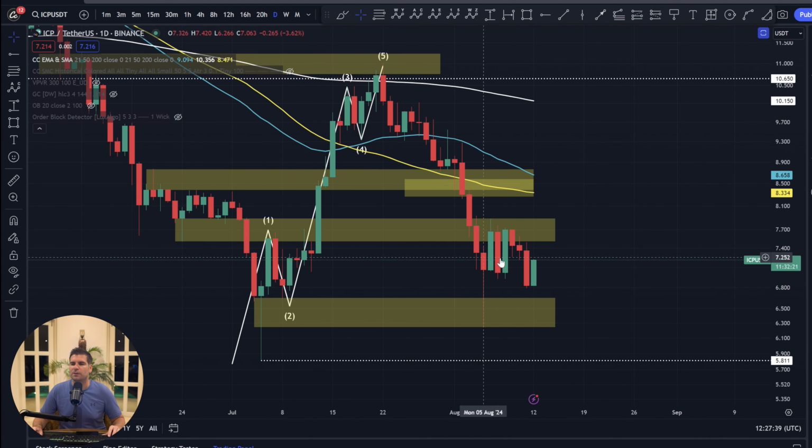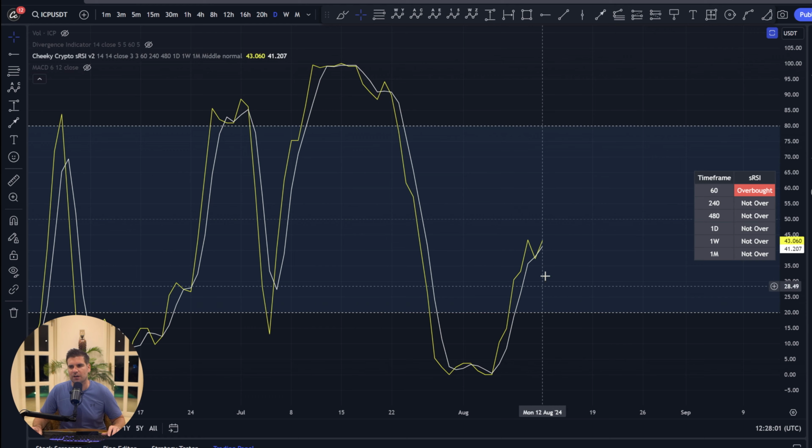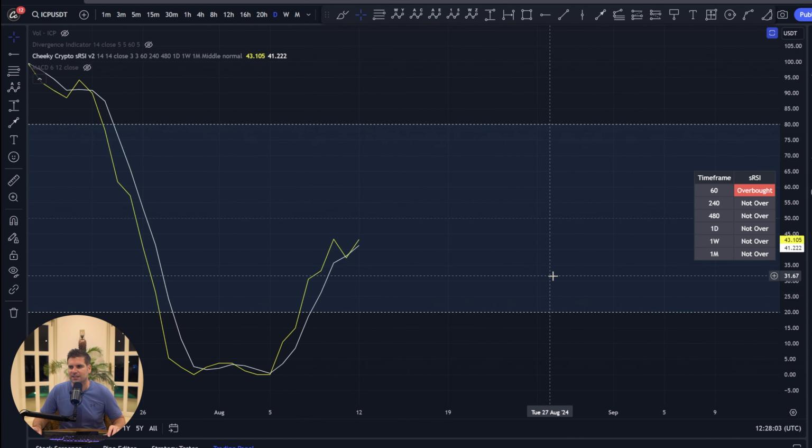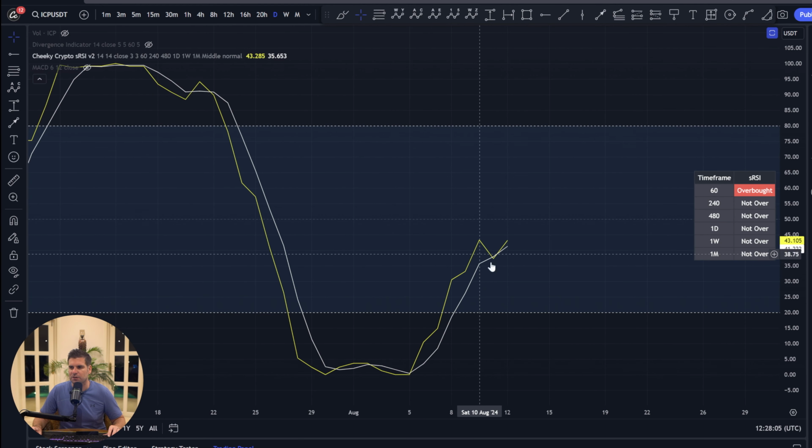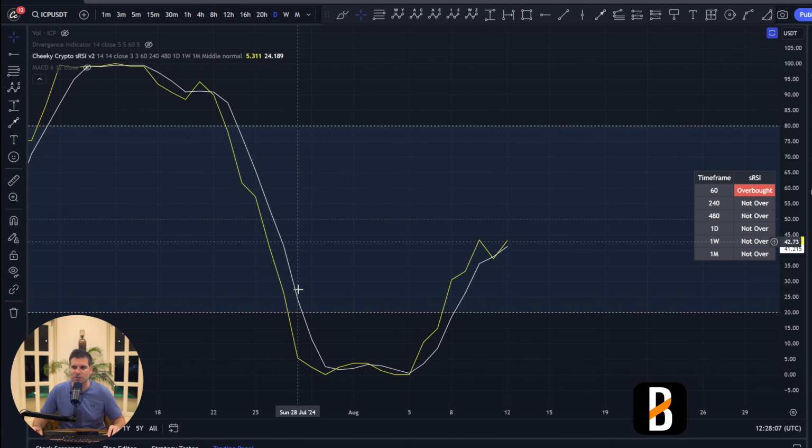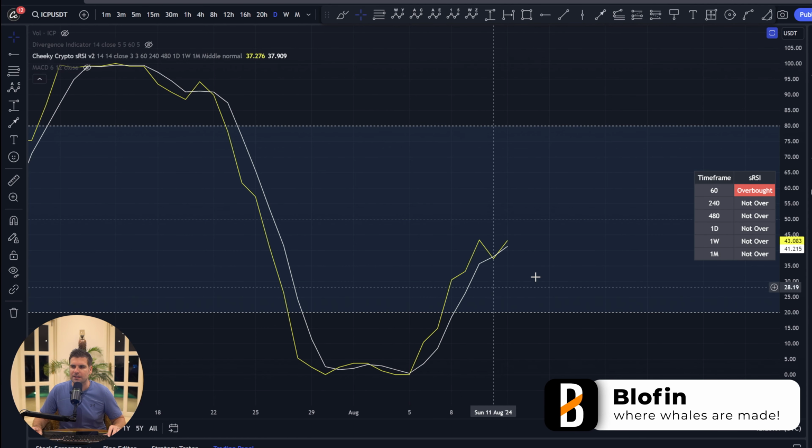We can see on the daily momentum here that we still have some potential moves to the upside, but nothing is a guarantee. You can already see here that this stochastic RSI has been crisscrossing with smoothing of K, which is the white line coming through the chart. This is an indication that momentum keeps shifting backwards and forwards.